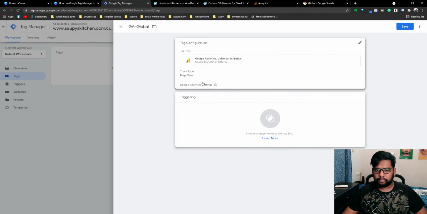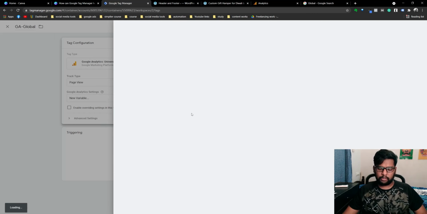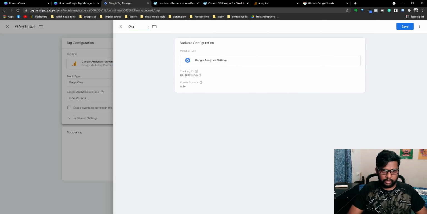Once you do that, we'll go to page view, analytics variable, new variable, Google Analytics settings, tracking ID. So this will be your Google Analytics tracking ID. You can type GA, save it.